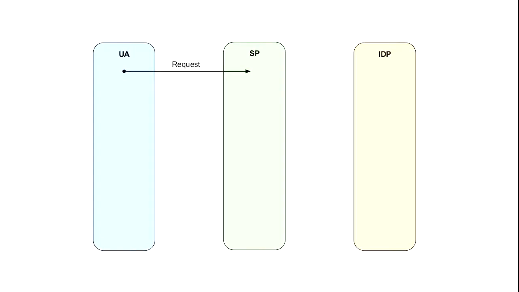So again, the same three entities we saw on the high-level overview slide before, but now we're actually going to look sort of at the protocol level, what's going on. Now, there are two protocols that are in widespread use for federated sign-on. Those are SAML and OpenID Connect, or SAML2, I should say. This diagram is not dealing with either one in particular. They work in similar ways. They both involve more or less the same number of requests and the same flow that we're going to detail here. The message formats are different, but